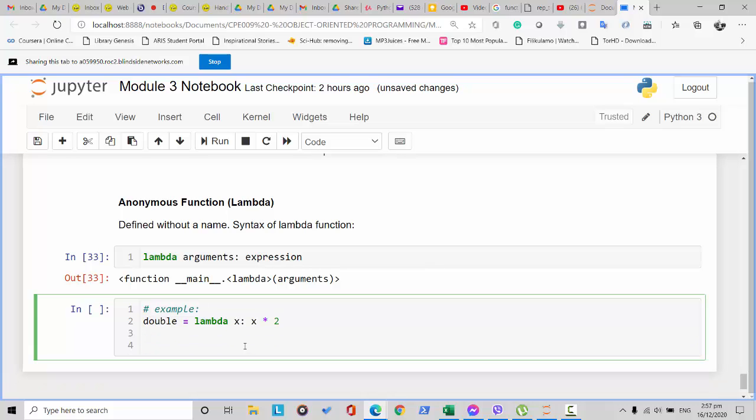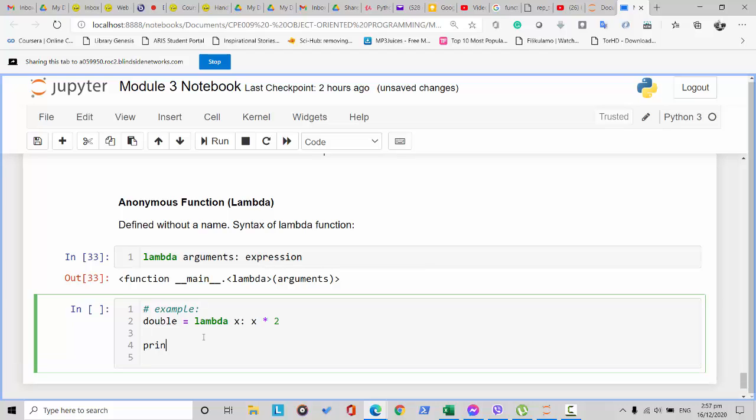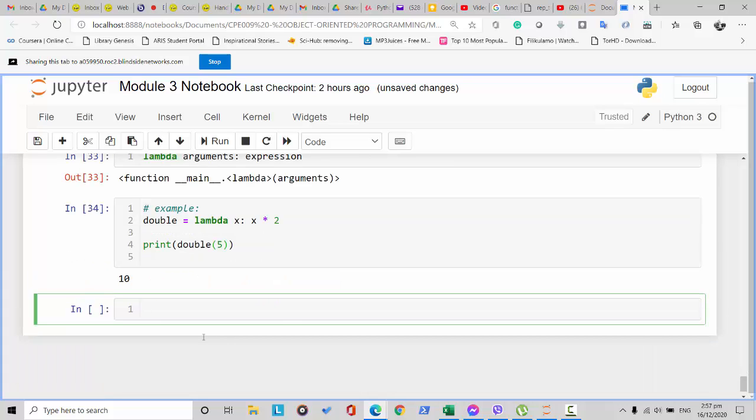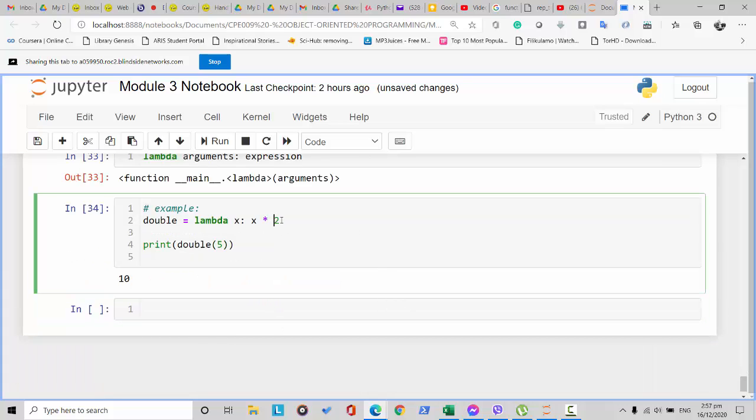And then when we give it a call, when we try to call that, we call the name of the variable that we have declared, and then we put the 5 here. So basically it will double, no? It's equal to 10, because double means it's multiplied by 2, no? So you can see from the program,